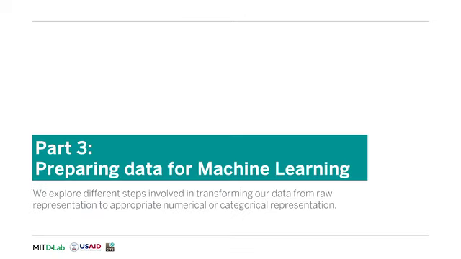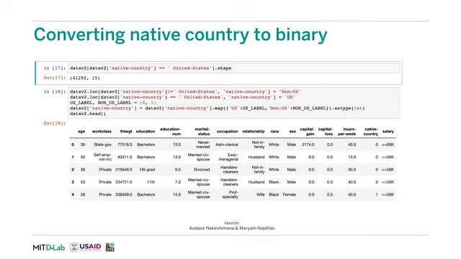In the third part of this module, we are going to explore different steps involved in transforming our data from raw representation to appropriate numerical or categorical representation in order to be able to perform machine learning tasks. An example of transformation to be made is the conversion of native country from raw representation to binary. In this example, we decided to assign a binary label to individuals who come from the United States and another